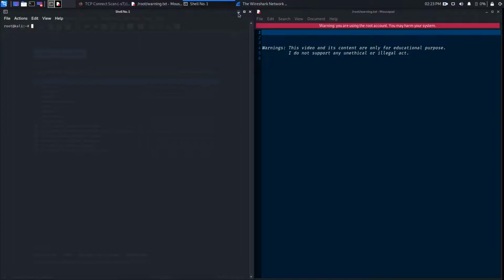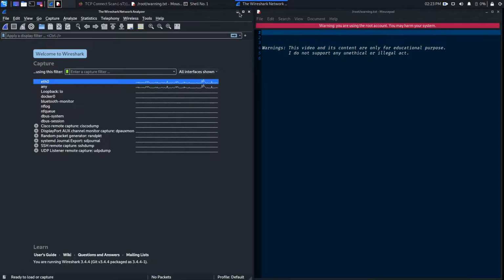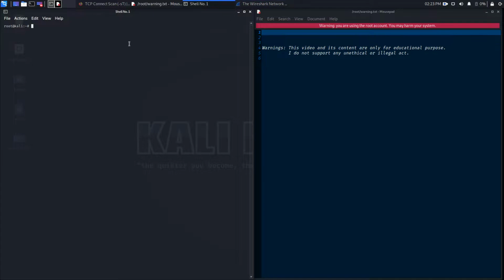So I set up this lab in my local network, and I'm going to start with Nmap. Why did I choose this topic with Nmap? Because I really love Nmap as a scanning tool. It has a lot of features that I really love, and most people love and use Nmap scans.